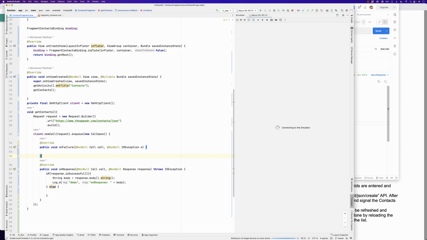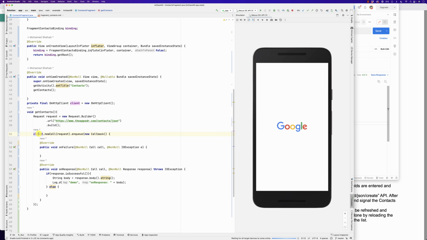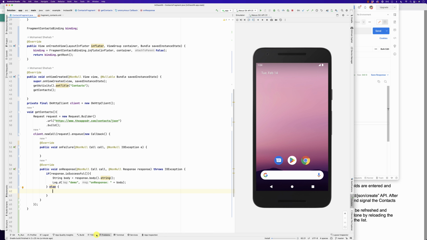So basically, we create a request. We just need to use the client to make a new call, enqueue it to make an asynchronous call, and on response you just say if the response is successful, do this, else we do something else. Okay. So now once it runs, if we look at the logcat,